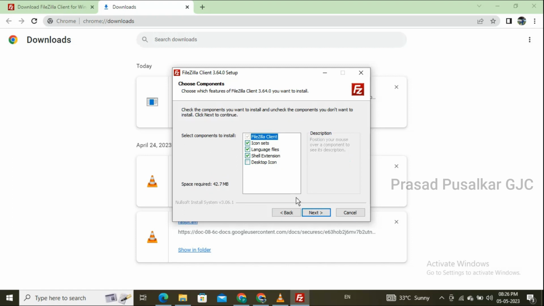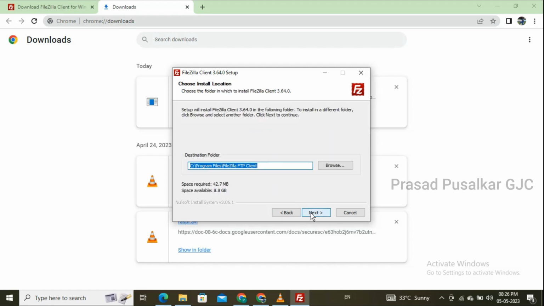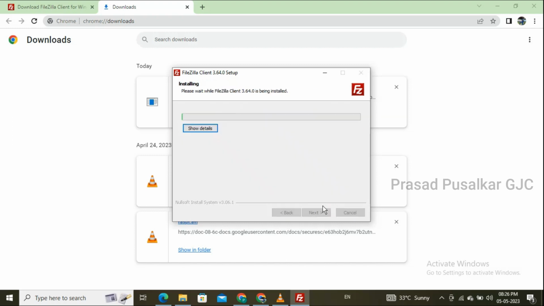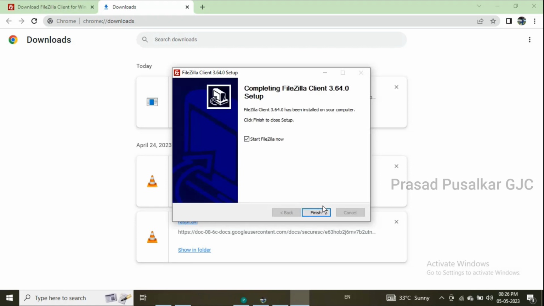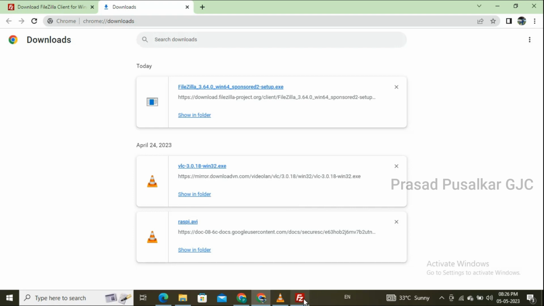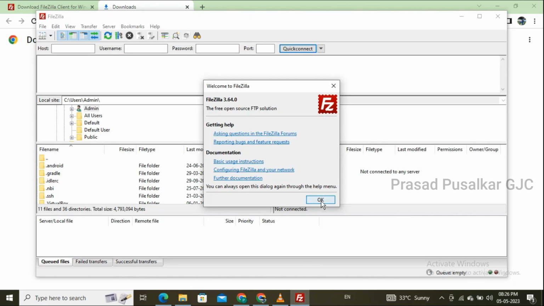Here also you can click on next. It will create a shortcut on your start menu. We want to launch the application, so click on finish. This is the UI